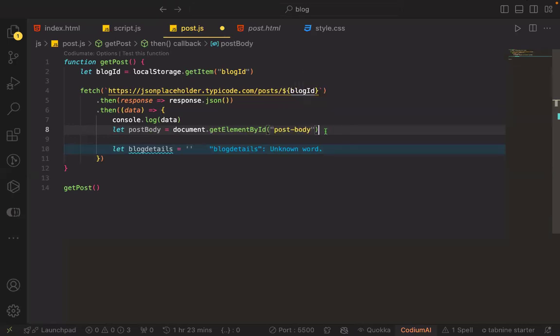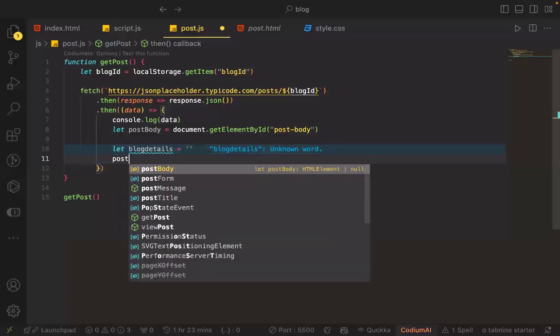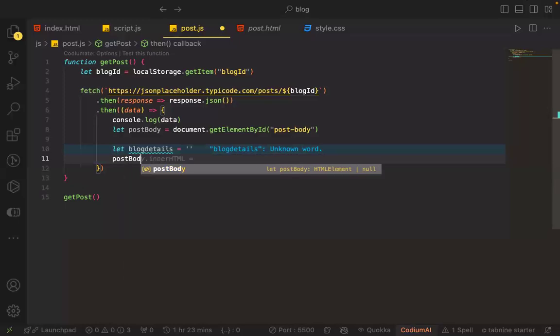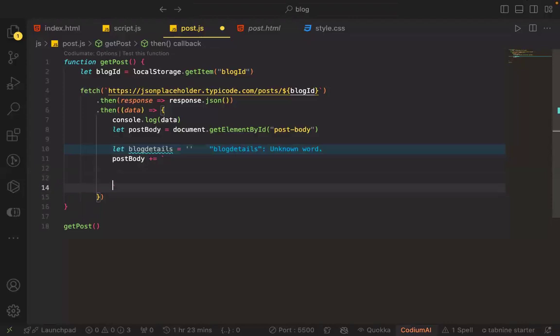We have post body. So this is what we have. After that, we go to the next. We now do post body the same way we did it previously. Post body equals the backtick, and yeah,